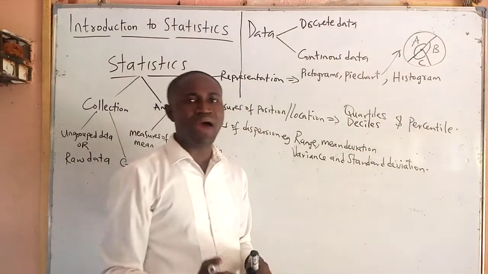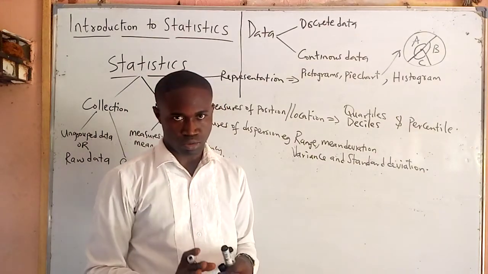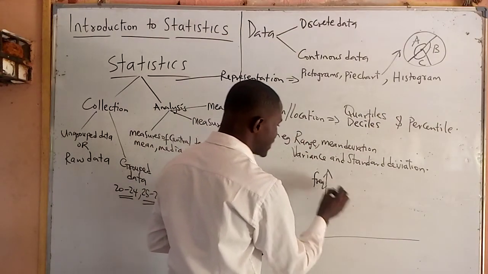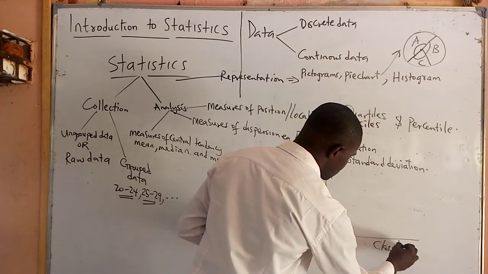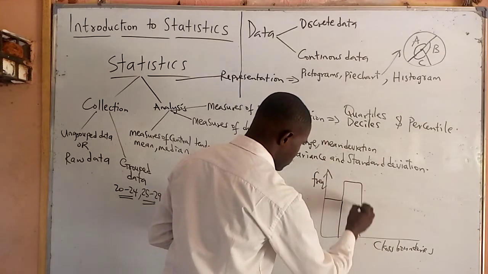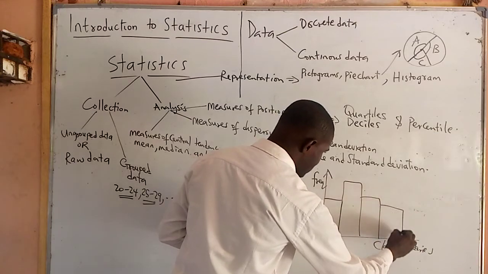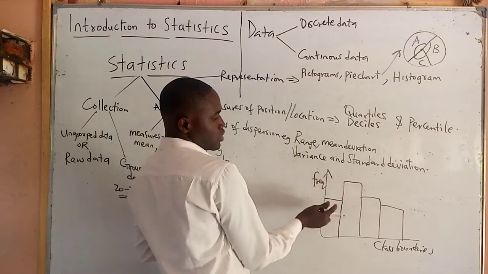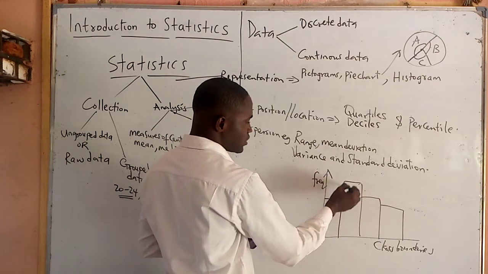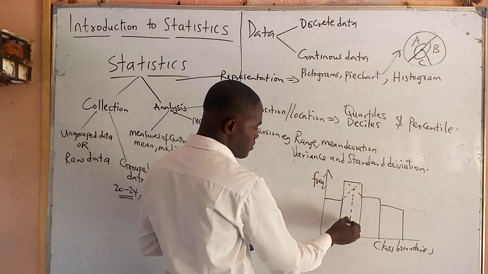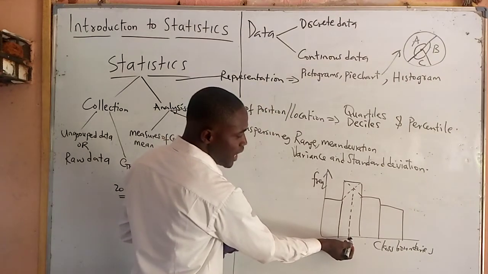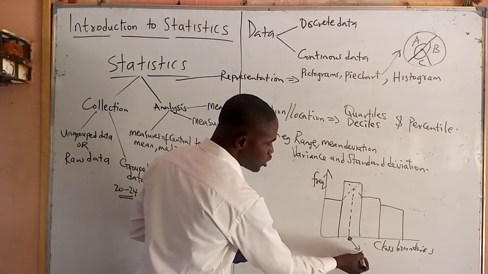Then you can also represent it as a histogram. Remember, a histogram is used to get the mode. Look at a typical example of a histogram. It is a graph of frequency against class boundaries, with no space in between the boxes. This rectangular shape is the highest point. You trace it to this point, trace it to this point, then trace it to the middle. Trace it to here and get the figure. Once you get what is here, that is your mode